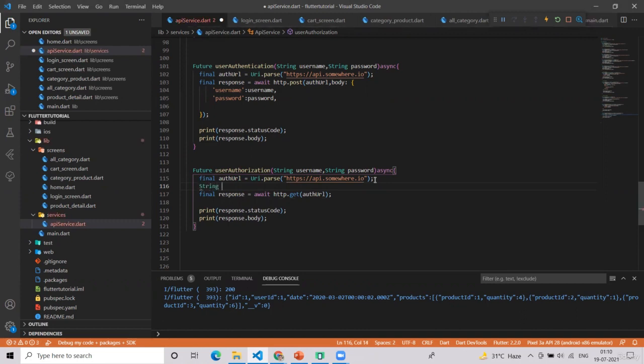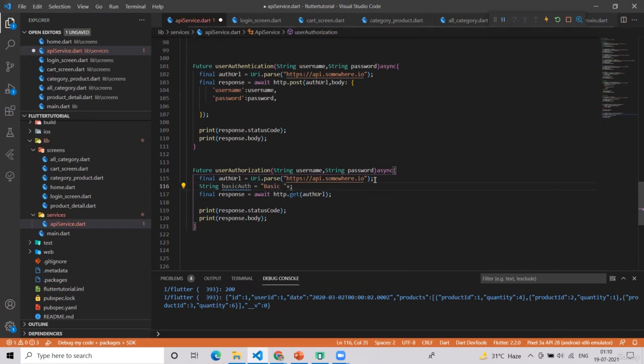Now we have to first encode those details like this, basic auth, and then the first thing will be this basic keyword.